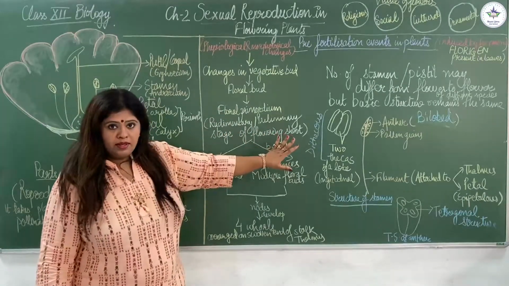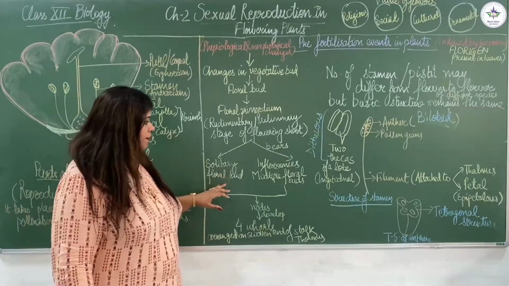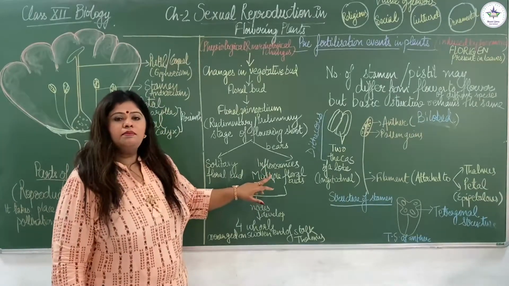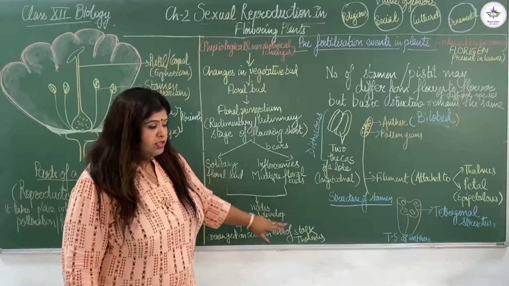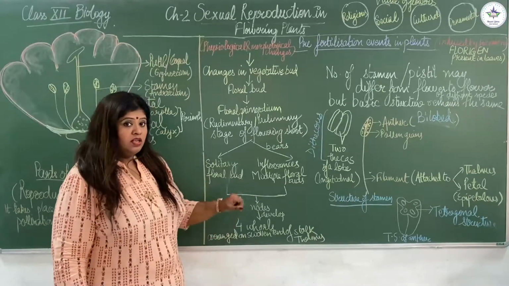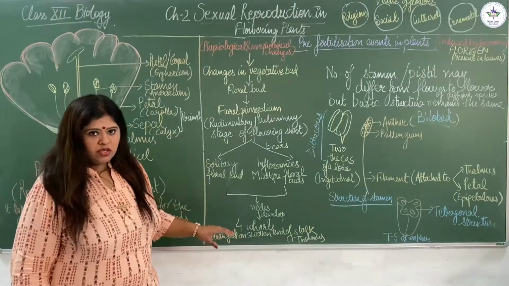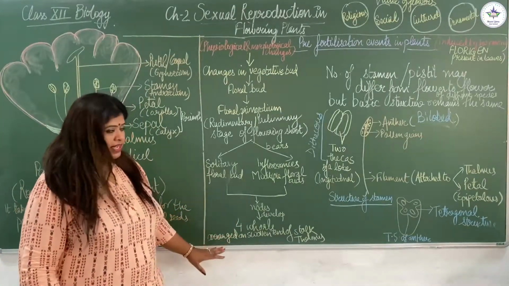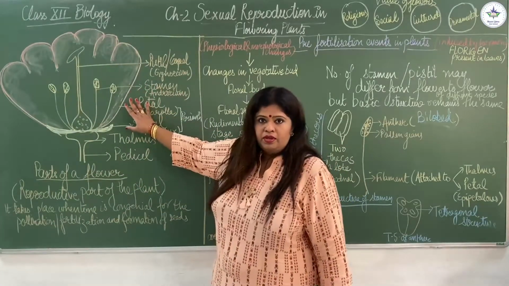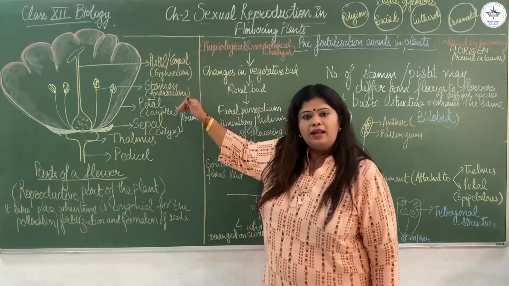Now this flowering shoot can result in the formation of a single solitary floral bud, or it can form a complete inflorescence which consists of multiple floral buds. So this is what a flowering shoot will result in. Now the nodes are formed. These nodes develop the 4 essential whorls of the flower, which are arranged on the swollen base of the stalk, the thalamus, which I have already discussed here in the diagram. And these 4 essential whorls were which ones? These were the pistil, the stamen, the calyx and the corolla.